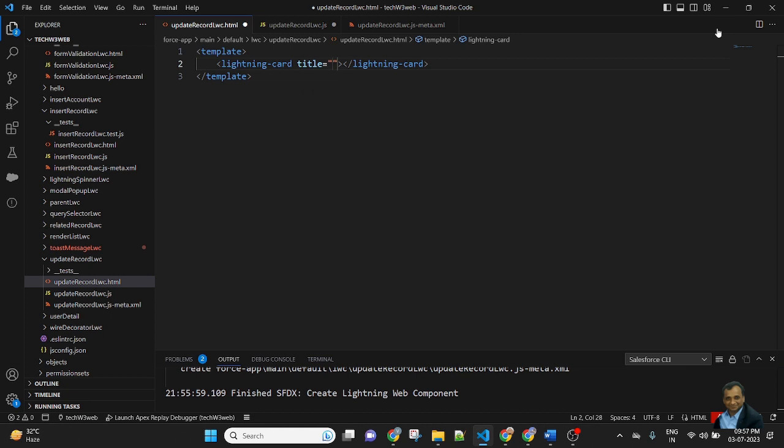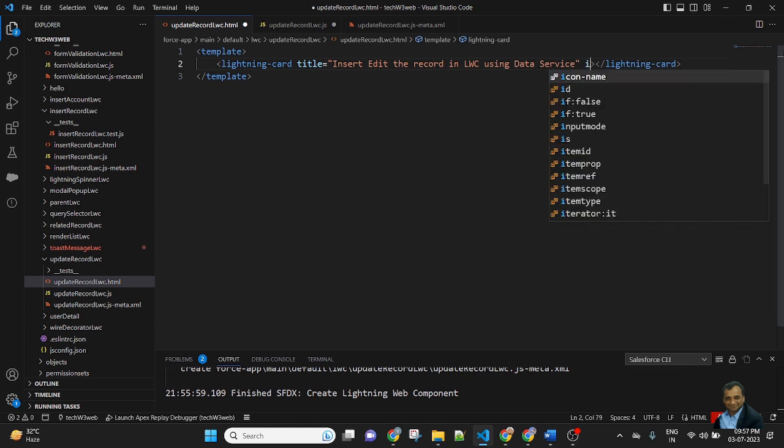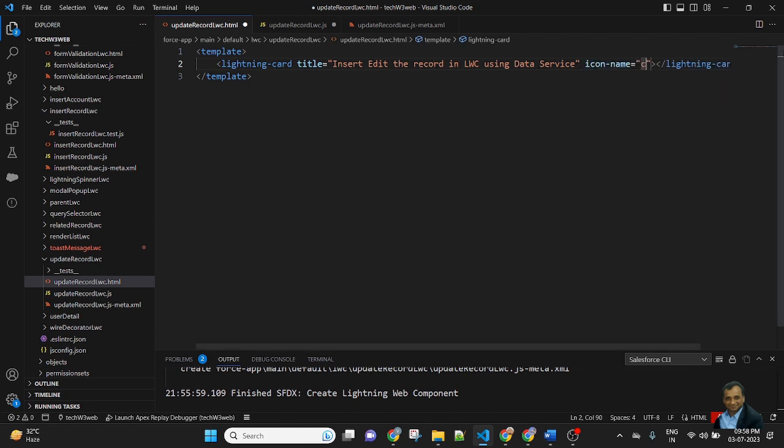Title: insert, edit the record in LWC using data service. Icon name: custom 23.